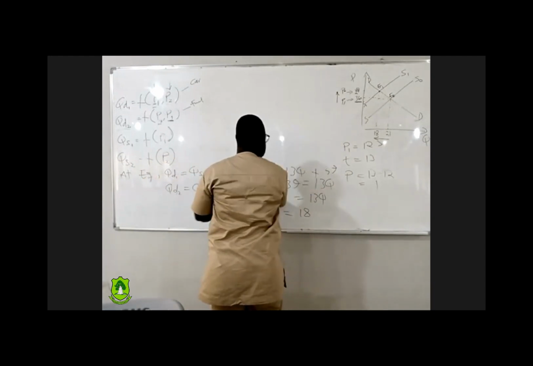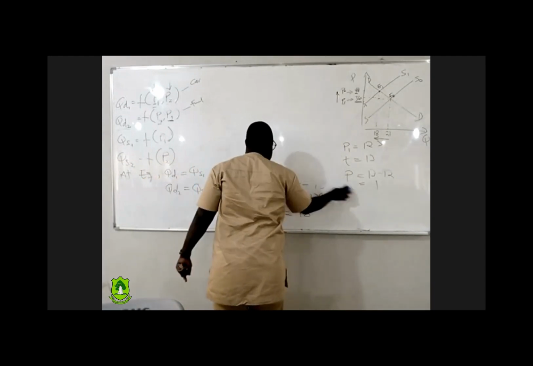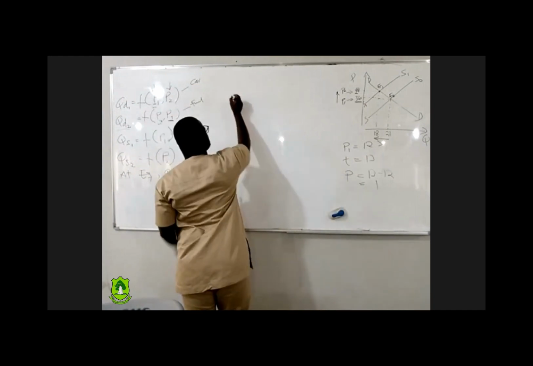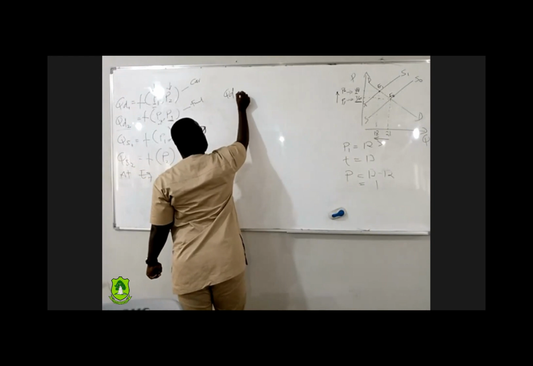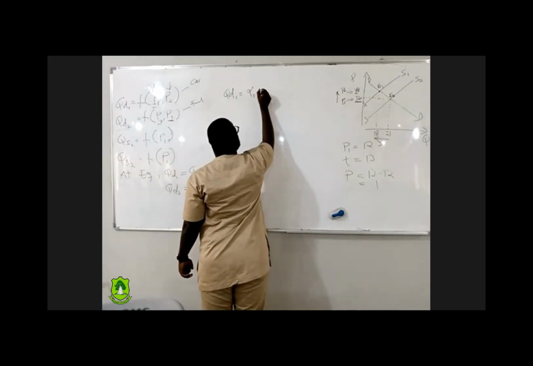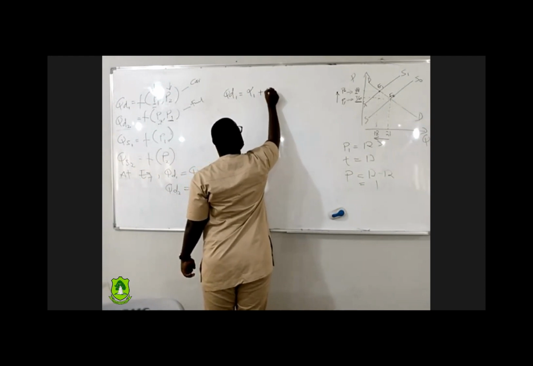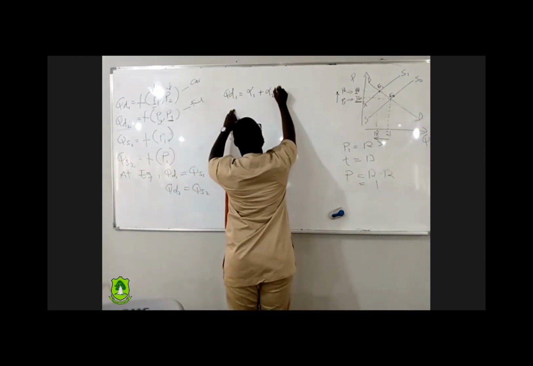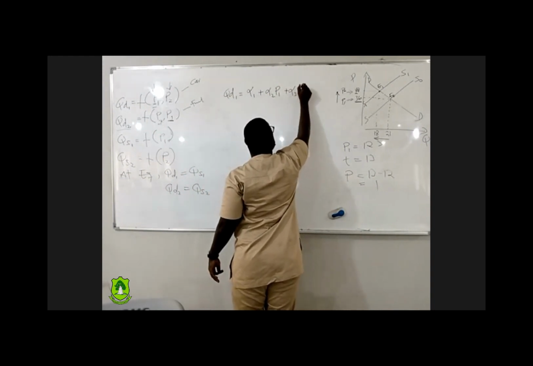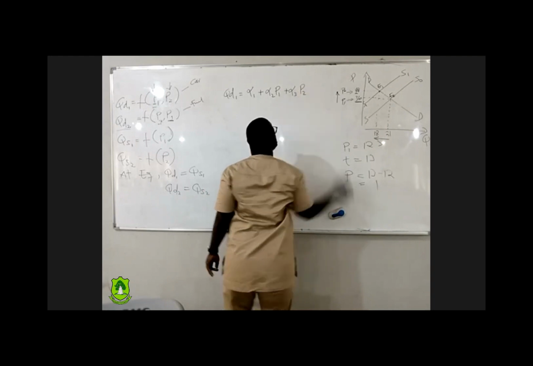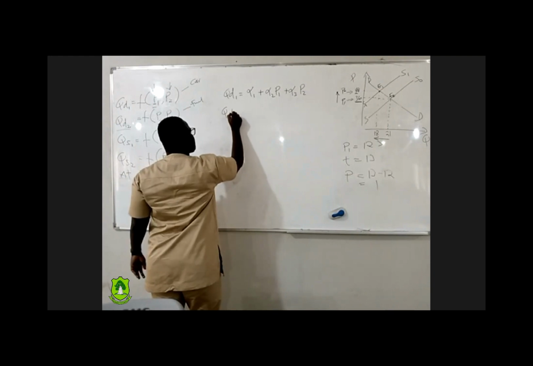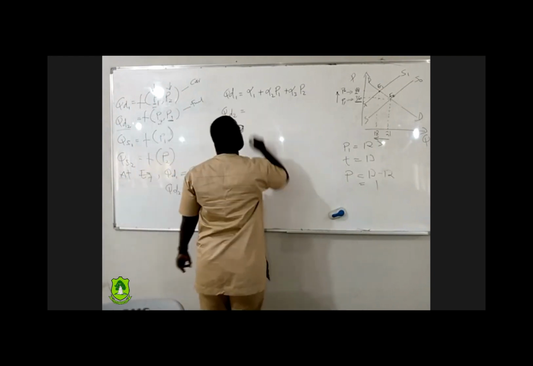Let's expand this one and see. Remember, we are looking at price of related commodities. Now, let's expand this one. We have Q1 is equal to, for example, alpha 1 plus alpha 2 quantity 1 plus alpha 3 price 1 plus alpha 3 price 2. And here will be quantity demanded 2. Let's say